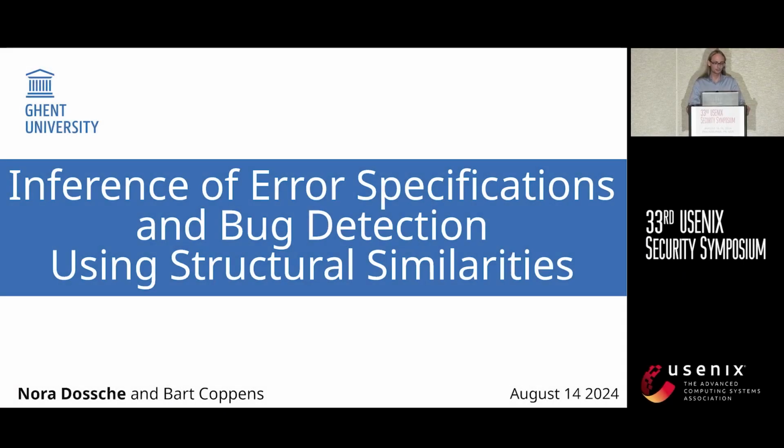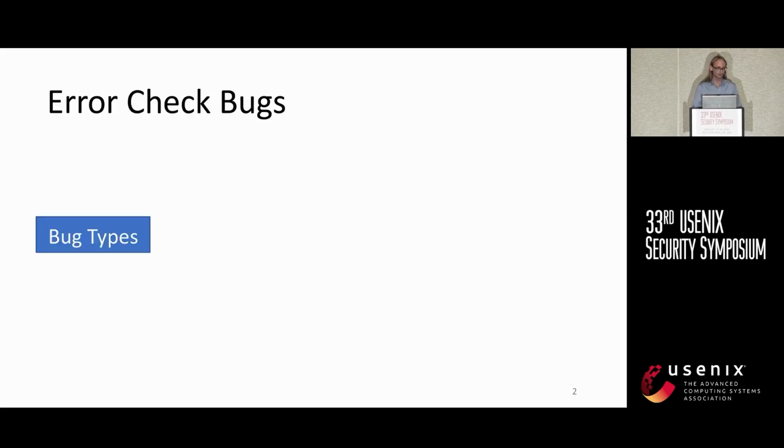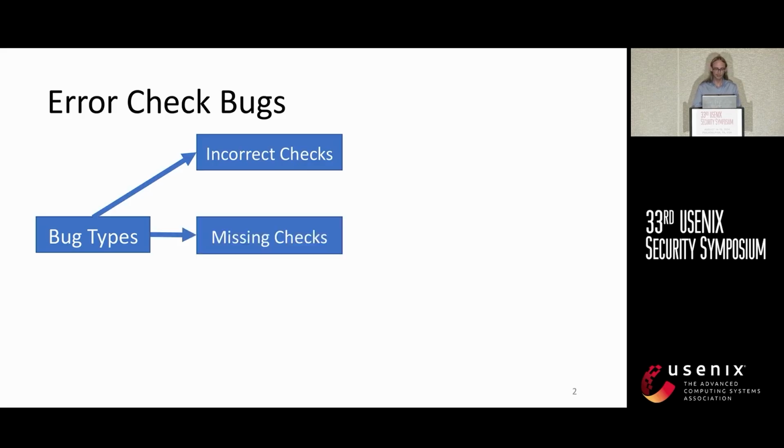I will be presenting our work, Inference of Error Specifications and Bug Detection using Structural Similarities. This is a work of static analysis to detect error checking bugs. And there are three types of error checking bugs that we are interested in: incorrect checks, missing checks, and propagation